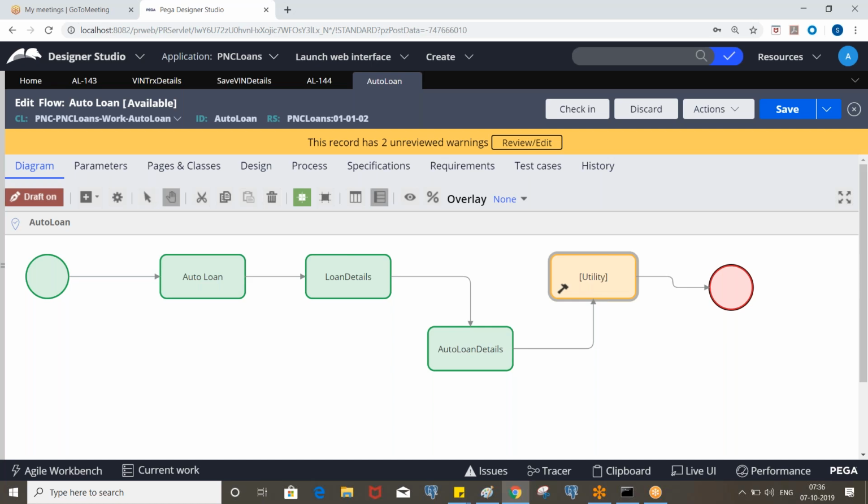Let's say this is the user interface, right? It requires some human intervention, but this is the utility and it doesn't require that. Let's say we have start shape, utility and end shape. So it is an automated process. Okay, got it.